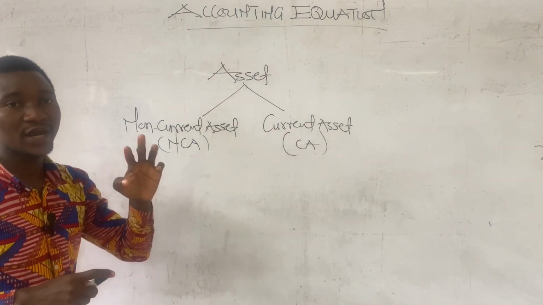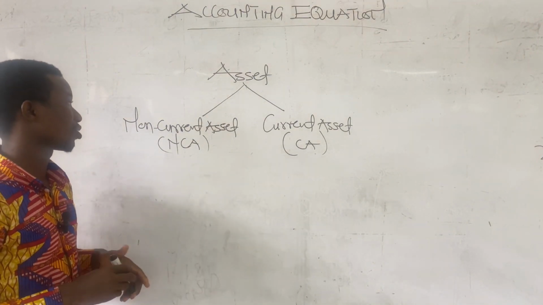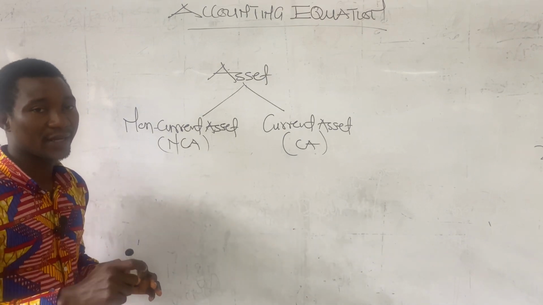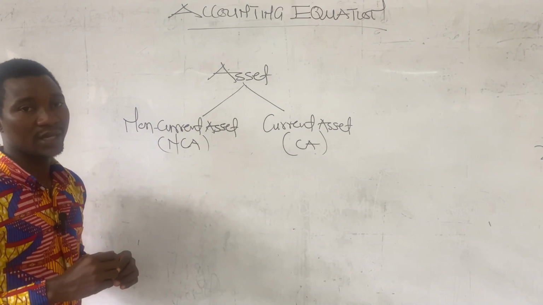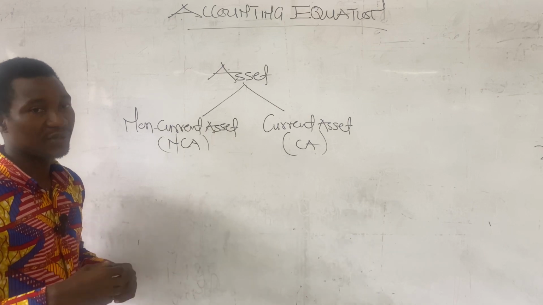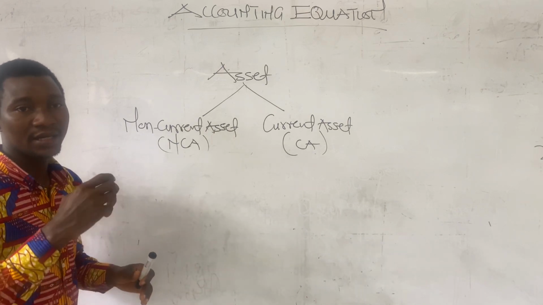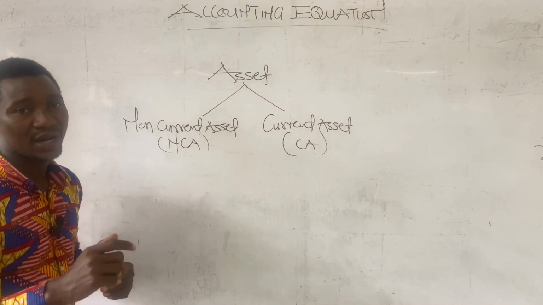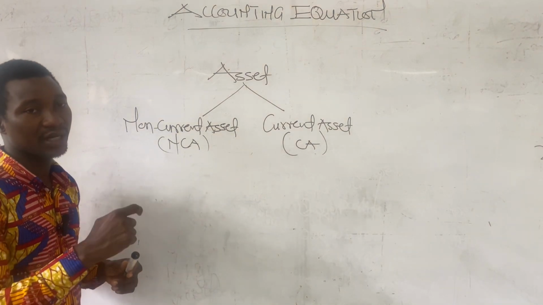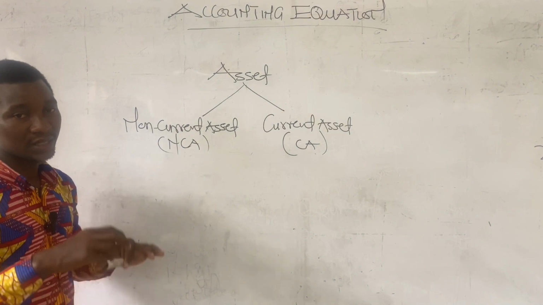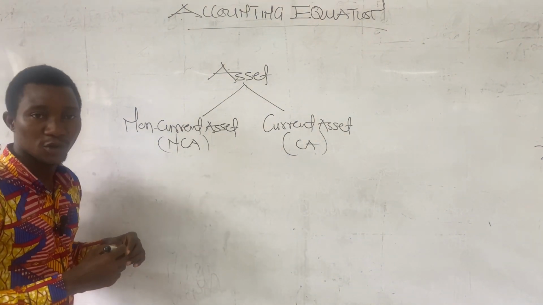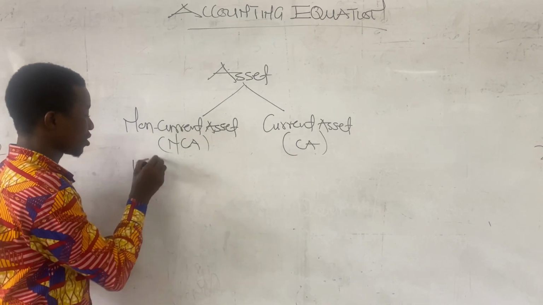We have three different keywords that we can use to explain a non-current asset. A non-current asset is an asset that is acquired not for resale, and they are used to run the business operation, and hence they are always in the business for more than one accounting year. When we say one accounting year or one financial year, we are talking about 12 months. So any asset that is acquired, one, not for resale,